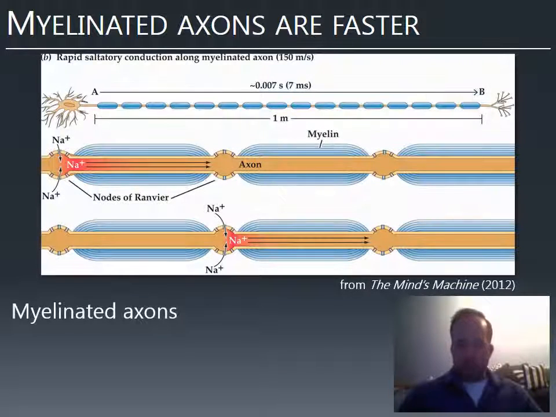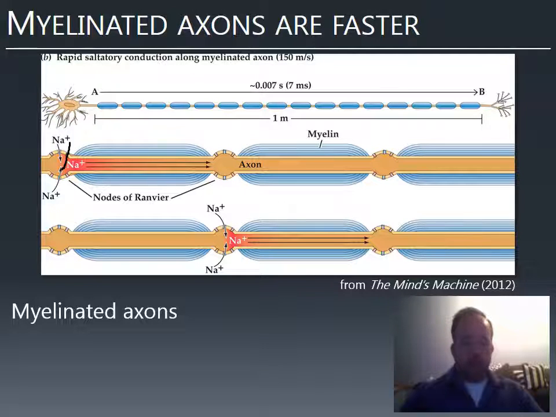Now, if there's myelin around them, they're faster. And why are they faster? Well, coating the axon in myelin has the effect of sort of insulating it. So sodium, once it comes into one of the nodes of Ranvier, which is just the open space between myelinated sections, now has nowhere else to go but down the axon quite a ways. So there are no outlets along the way because of this coating that let sodium out, or let potassium out really, to compensate for the increased positive charge inside.